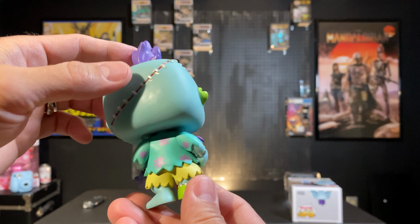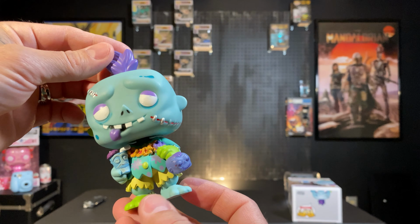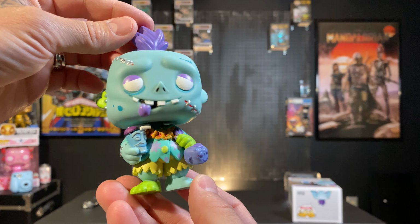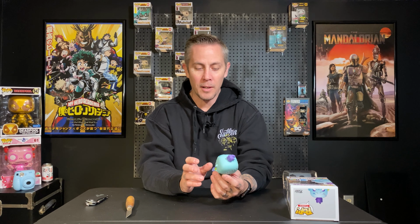Now, this is something I've learned recently, that all of these things are hand painted. So this means somebody sat down and hand painted this one, and maybe they were really new and just did a very horrible job at it. But they did a really horrible job at painting this one. Even though the paint job on this guy is pretty bad,